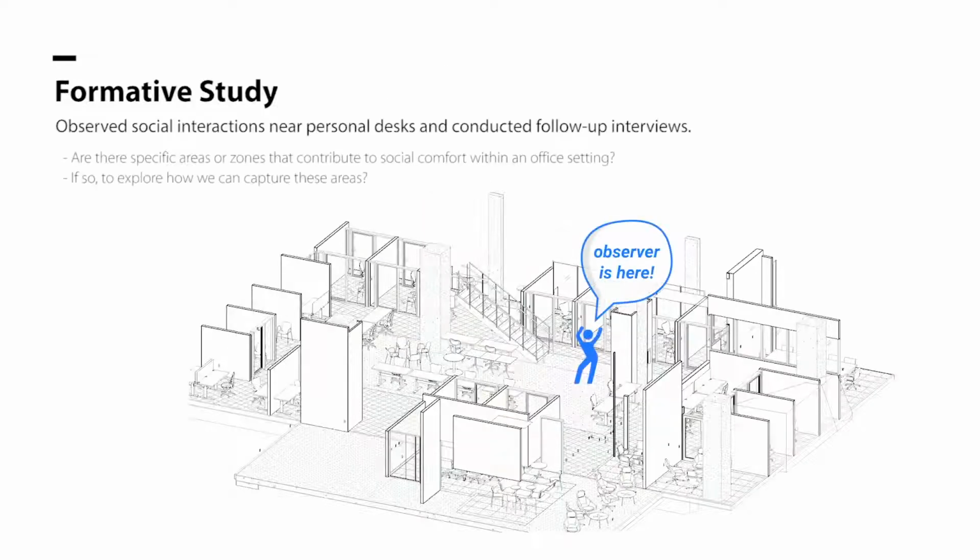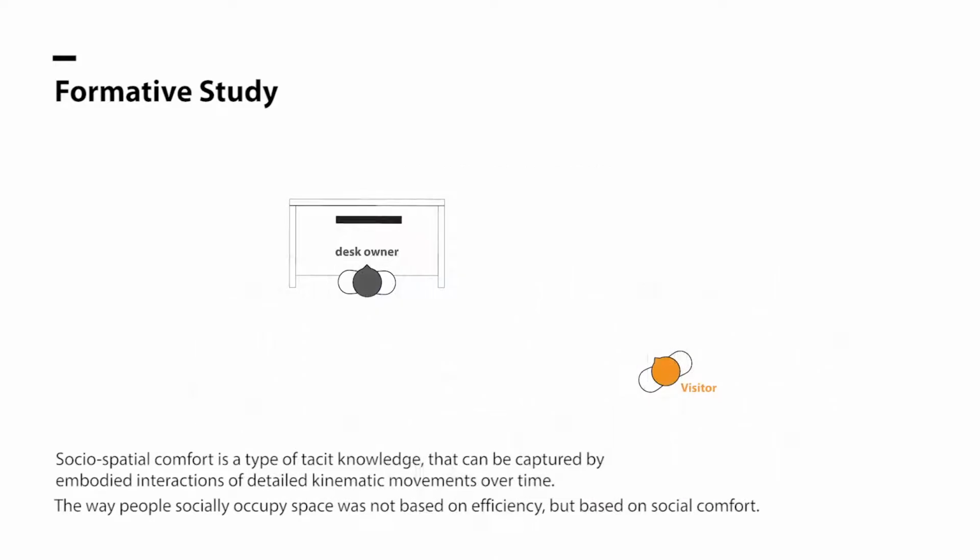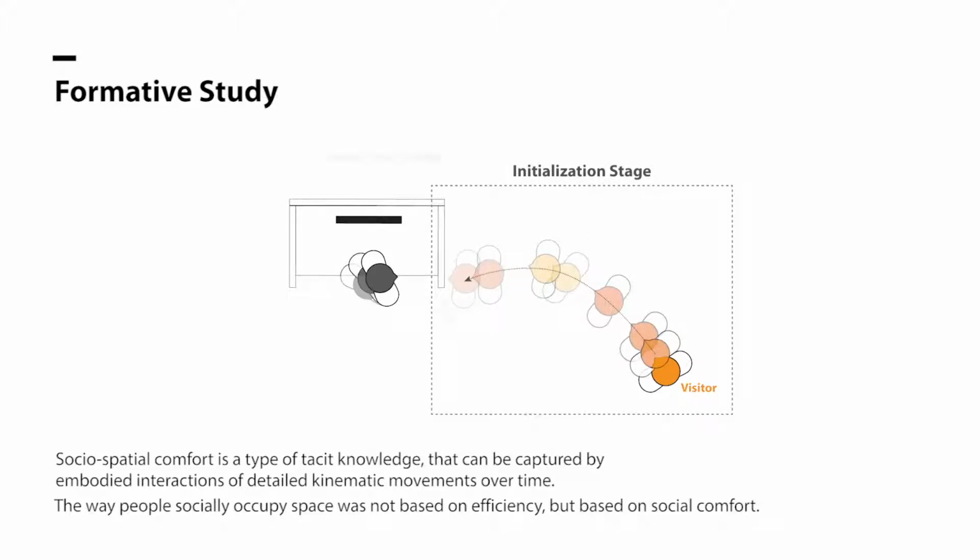We started with a formative study by observing informal collaborations in the office. The major insight was that socio-spatial comfort is a type of tacit knowledge that can be captured by embodied interactions of detailed kinematic movements over time. The way people socially occupy space was not based on efficiency. Instead, there are specific areas that people wanted to pass by or avoid during both the initialization stage and interaction